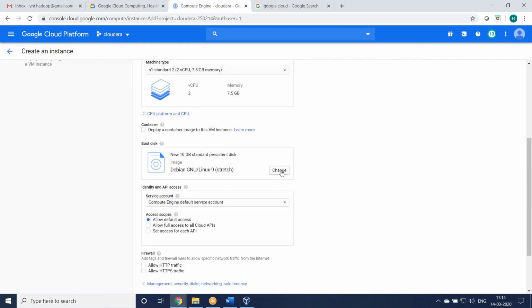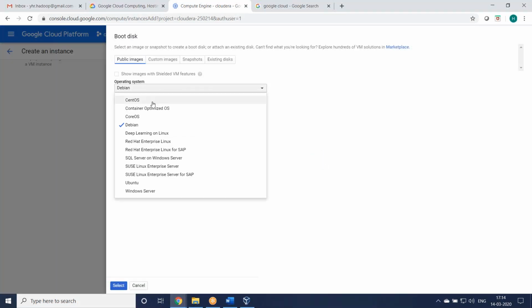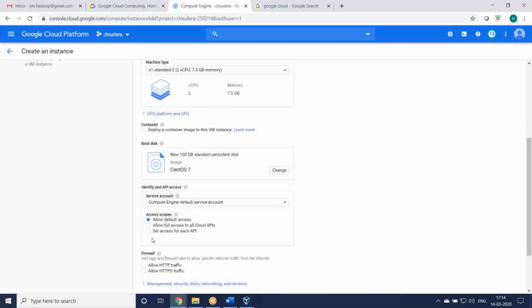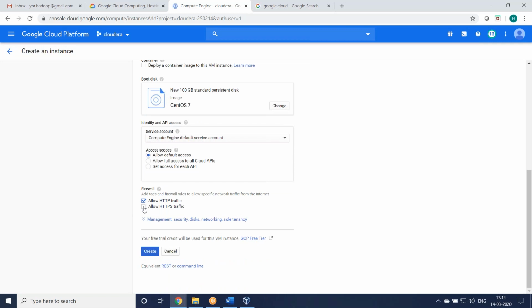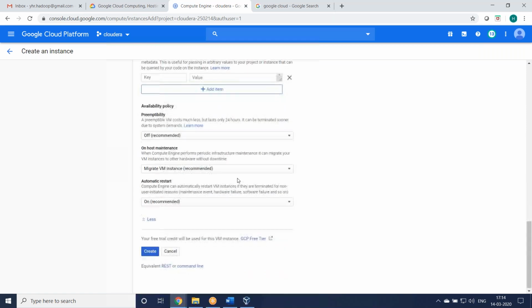Then change the OS to CentOS 7. We have the latest CentOS 8, but we'll install CentOS 7. Select. Allow HTTP firewall, expand, go down, check preemptibility on, create.